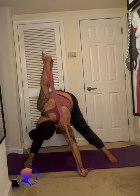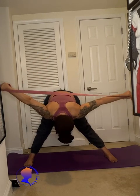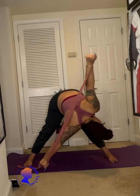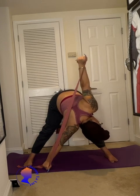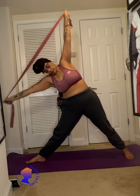If you keep your hips anchored down, keep them in alignment, keep your feet in alignment, at a 90-degree angle, you will get a lot of upper back work. It feels amazing. Oh, they have the nerve to try to get us going into Warrior Two using the yoga strap. Oh, and moving into